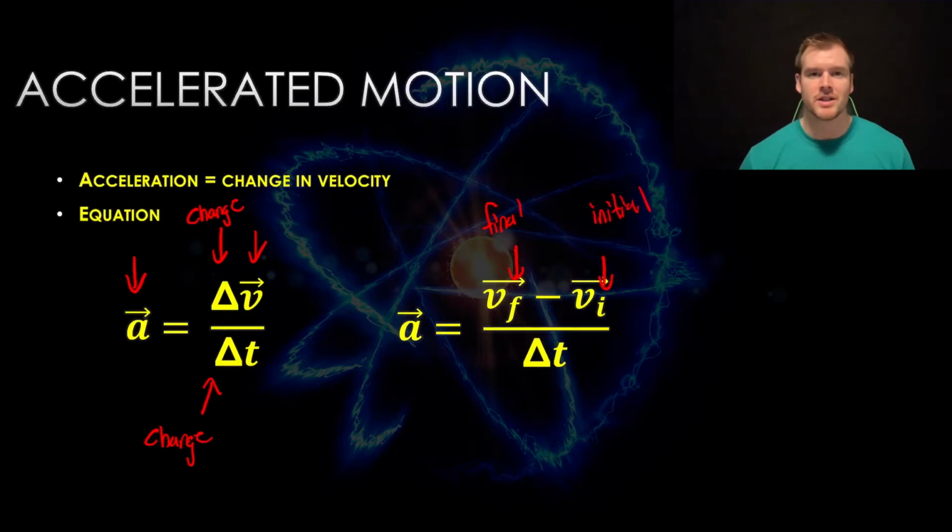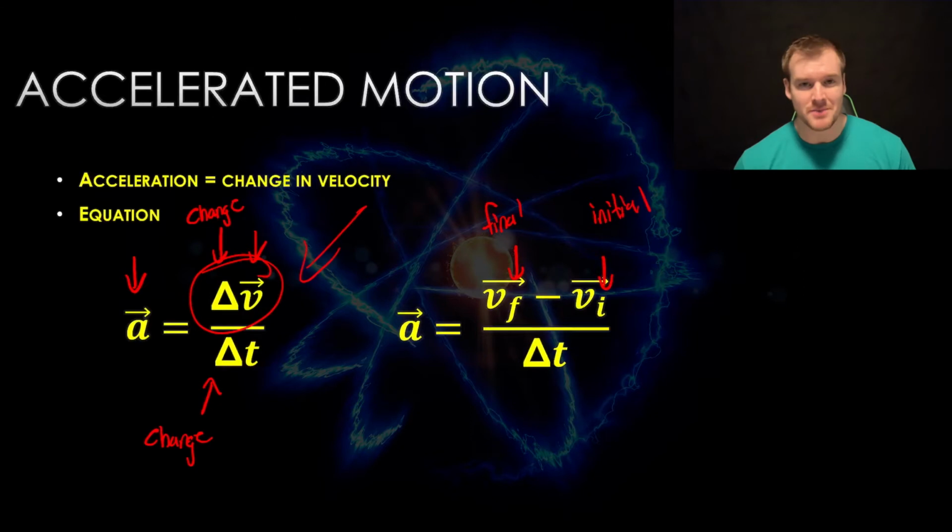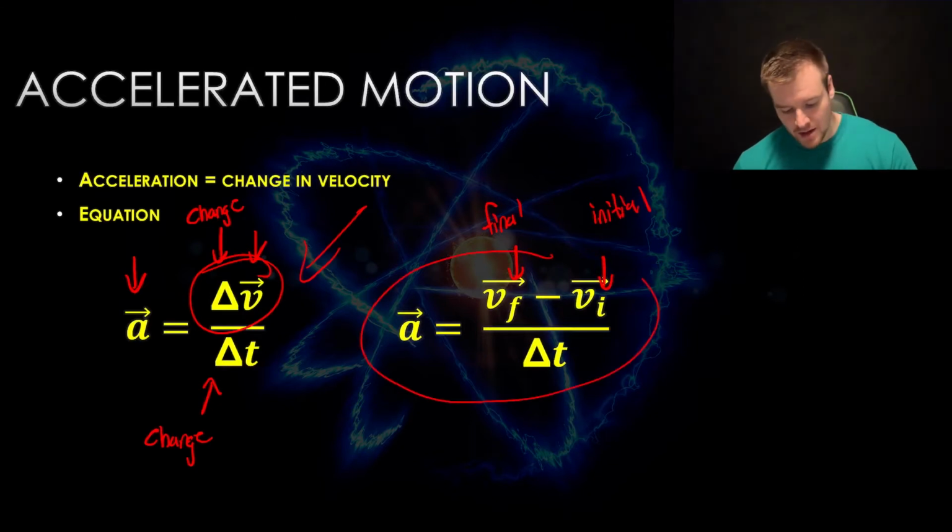So all this is really doing is trying to find that change in velocity. How fast are we going at the end compared to how fast we were going at the start? And then the arrows there just mean vector as well. Now, even though this equation seems a little bit simpler, this one's going to be a lot more useful for